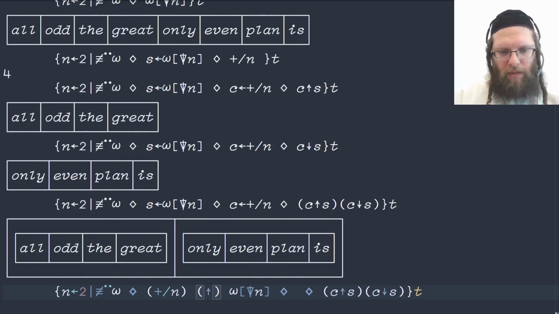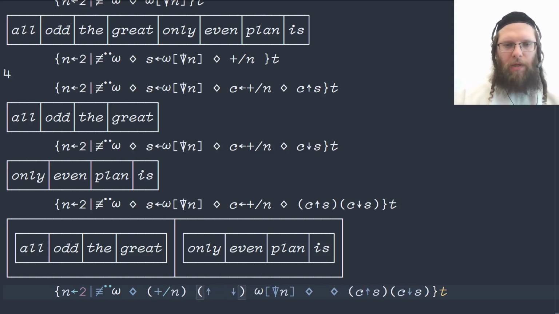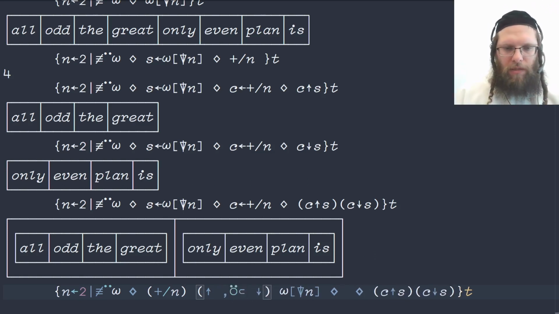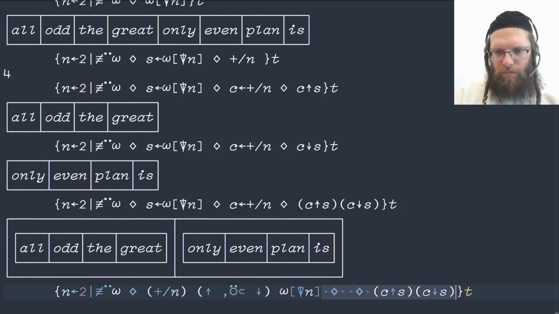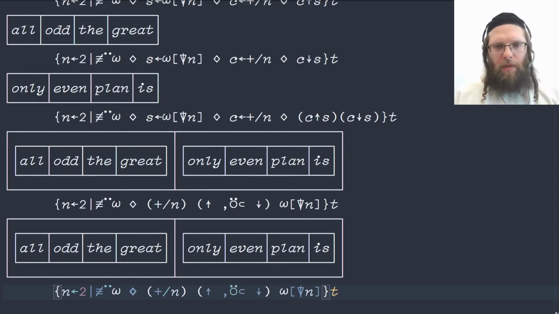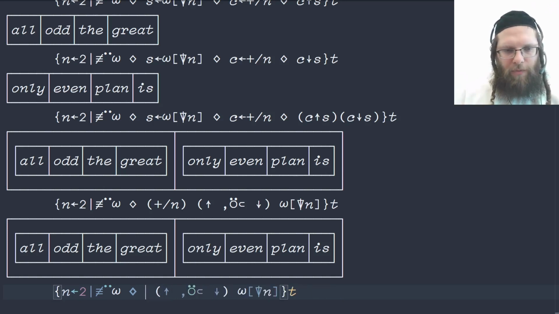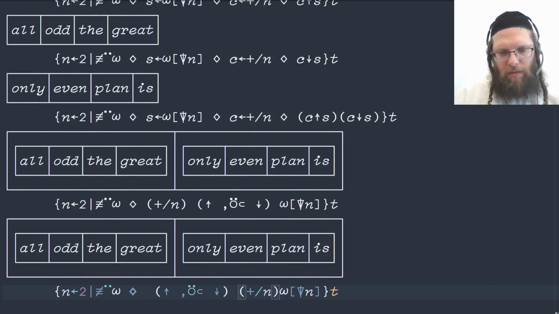So we want the take and we want the drop, and then we need to have the concatenation of the enclosures. So that's catenate over the enclosure of the two. So here's a partial putting everything together, but we can actually do better than that. The thing is that we need this enclosure, and we are computing this expression separately. If we put them both on the right instead, like this,